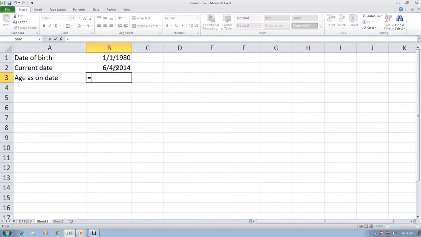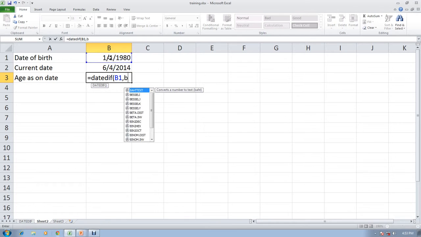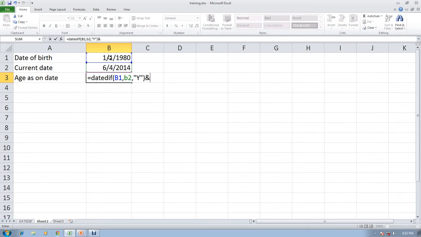What is the formula? DATEDIF, and the function B1 and B2, how many years, and then give me the result of the number of years.